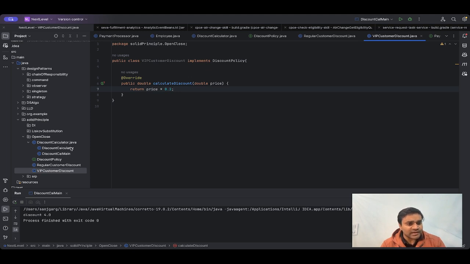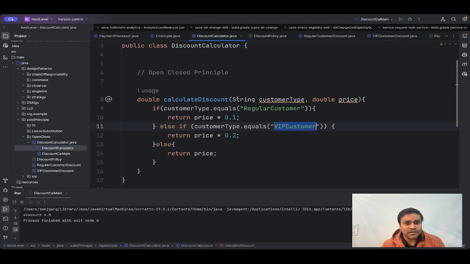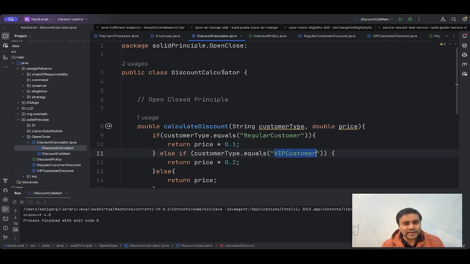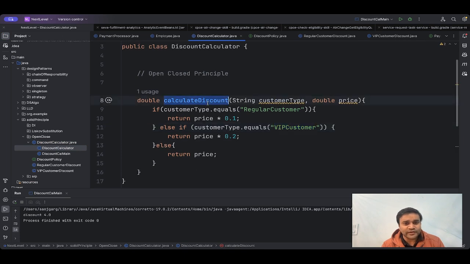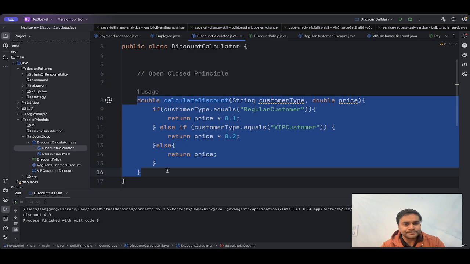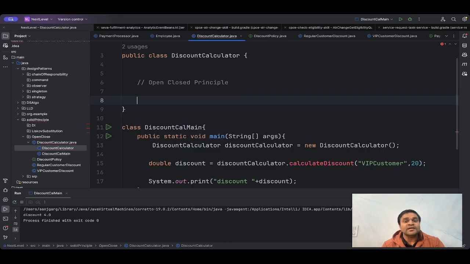Okay, now if you see in our discount calculator, we have this method already moved to the different discount policies. So we can now remove this. Now we have the discount policy, and at run time we will choose which discount policy we want to apply. So this discount calculator class will have a discount policy,